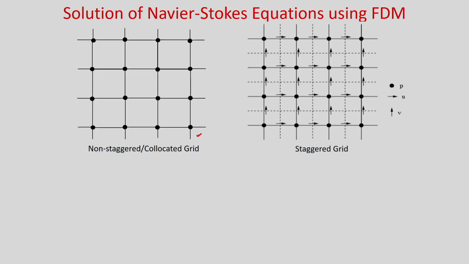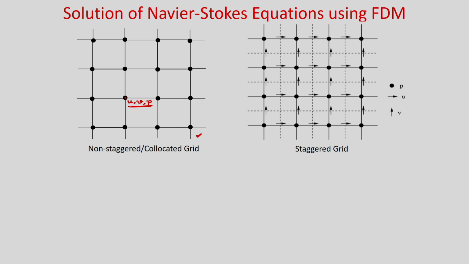You can see this figure. The collocated grid is sometimes also referred to as a non-staggered grid. These are the nodes you can see. Here we solve u, v and p for this particular case, but you can also solve scalars like temperature and species at a particular node. So, all these variables we are solving at the same node. Okay. So, that is the collocated grid.